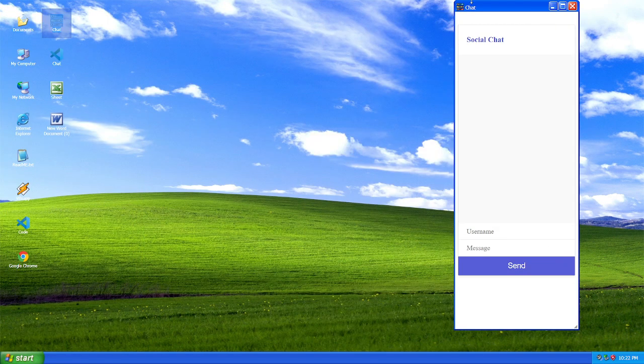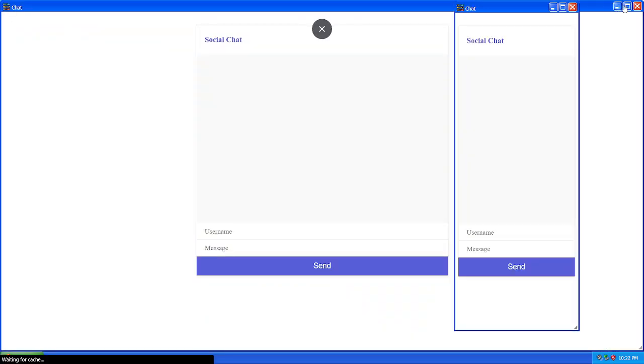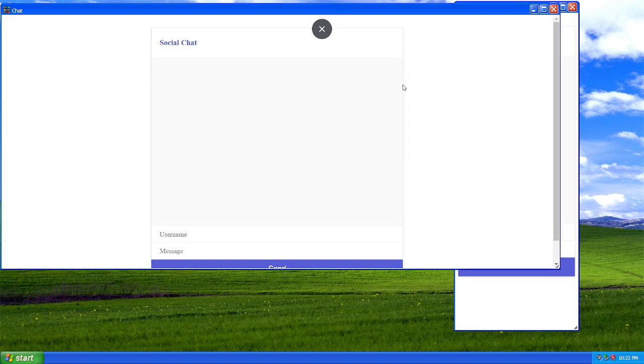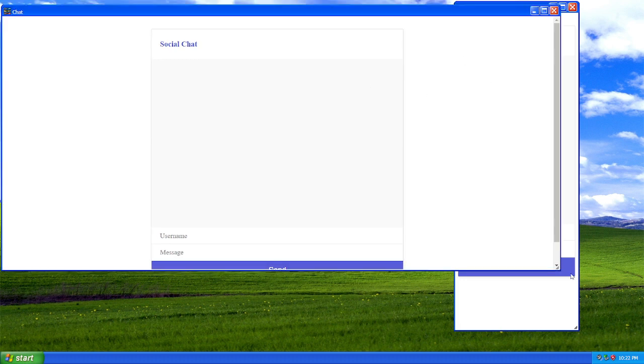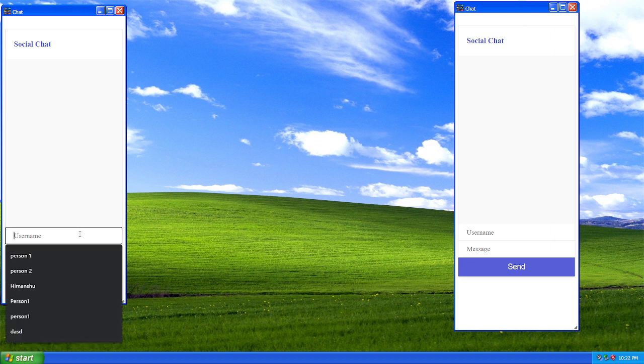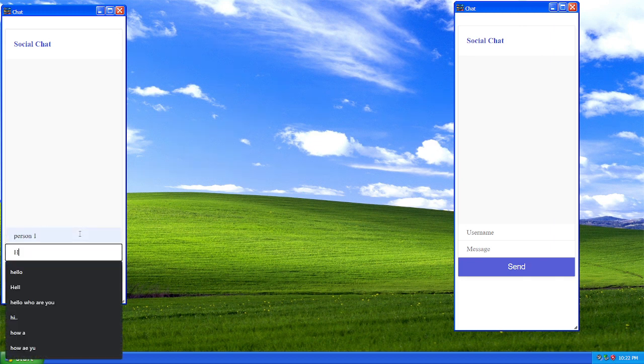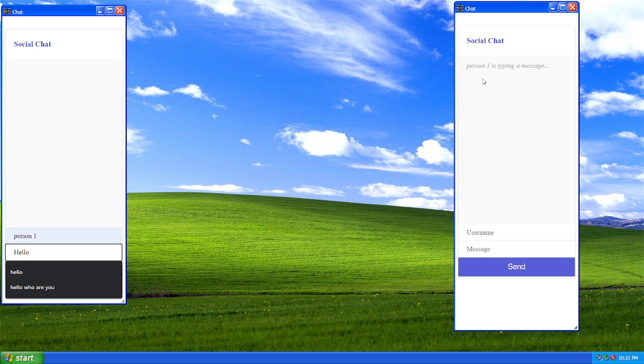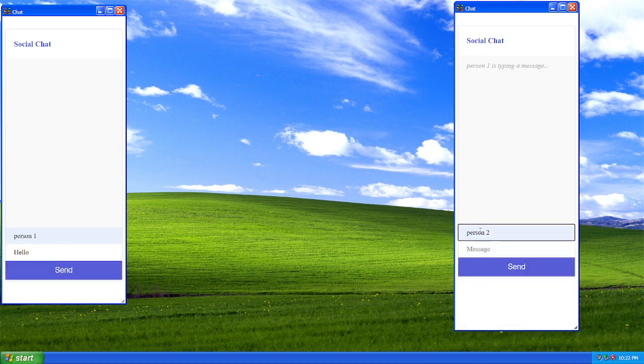Let's say this is person 1 and this is person 2. Let's resize this as well, and say person 1 says hello. You can see person 1 is typing here. This is all implemented with Socket.io for a real-time chat application. Let's say person 1 sent hello.